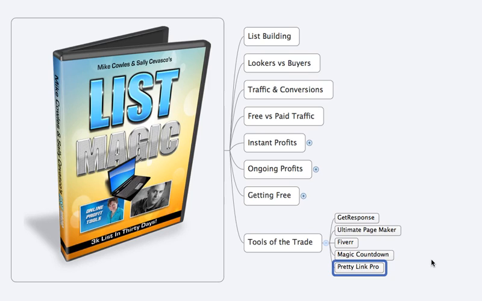Yeah. So, really, really important when you do your list building, your marketing in general, your paid traffic, if you have free traffic where your assistant's doing it or whatever, is to split test everything. And with PrettyLink Pro, you can also do things like change the weight, meaning WEIGHT. So, like, you could say, I want 25% of the people to see this offer, 25% to see this one, and 50% to see this one, whatever you want to do. And it'll split test the traffic to drive them to exactly where you want.